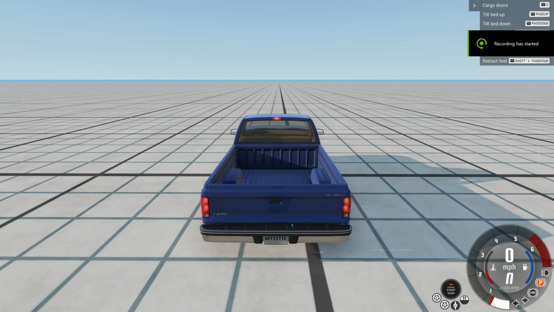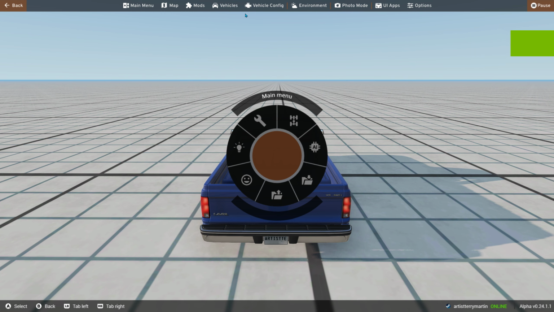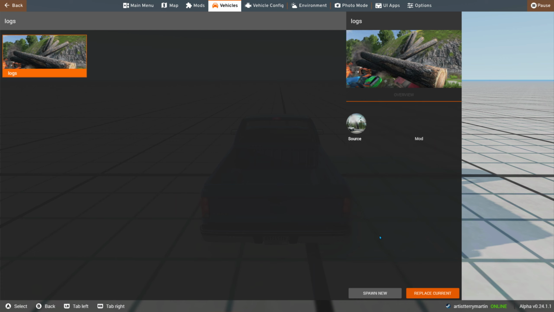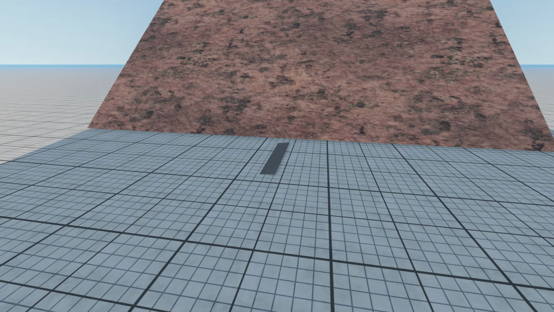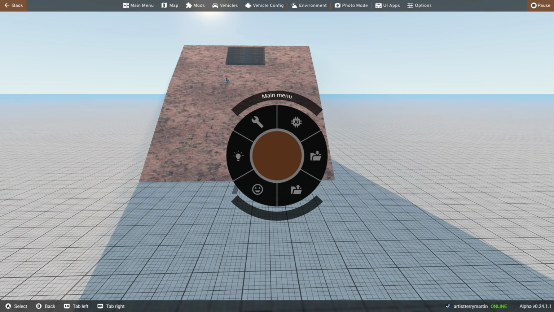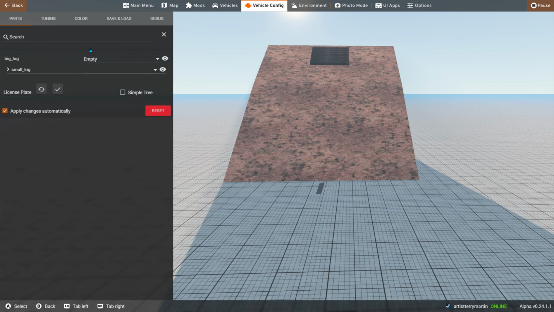Here's where we're at with the small and large log mod. So you'll have to hit escape and go to vehicle config, and you'll have big log, small log, which are not supposed to both be spawning, but just turn the one to empty that you don't want to use. So turn the big log to empty,